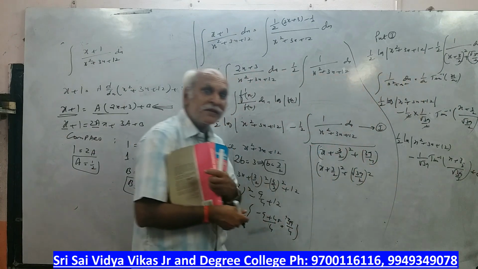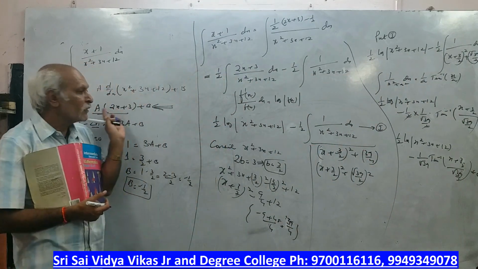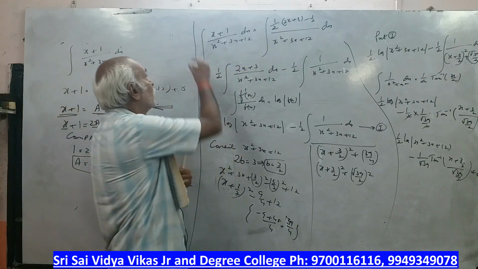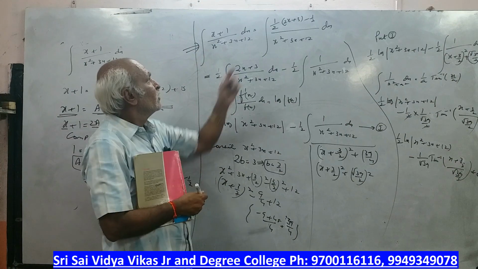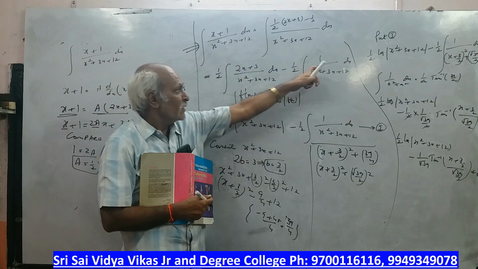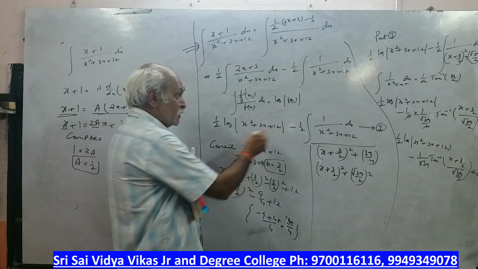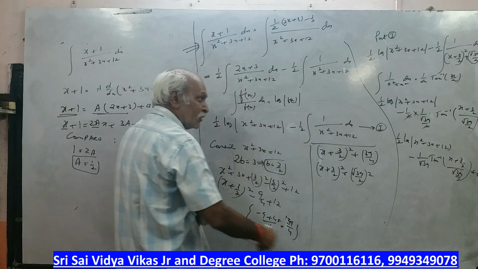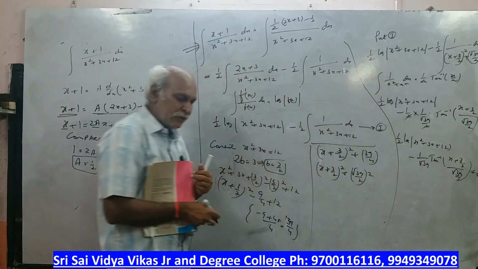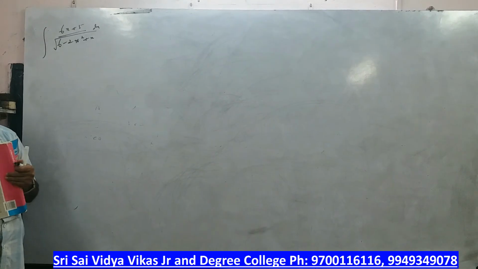That's why I said it is a 7 marks question. So first we have to convert to the a value, b value, then we put it in. This step is important. Then we separate them: f dash x by f of x, so log of f of x, minus. Again we have to consider this separately. Now this integration we have to consider. Then we have to do the procedure which we have learned up to here, from again here. Okay, please note down.